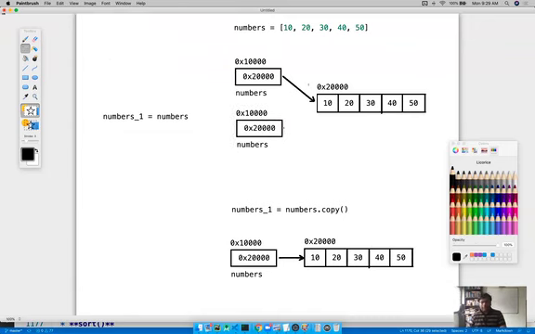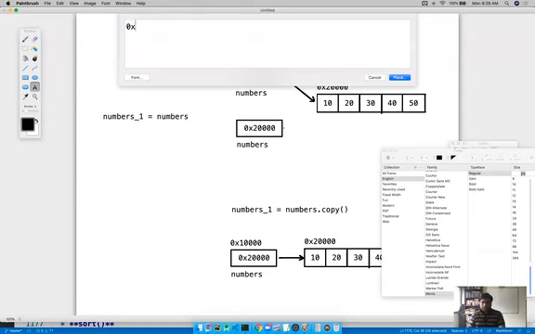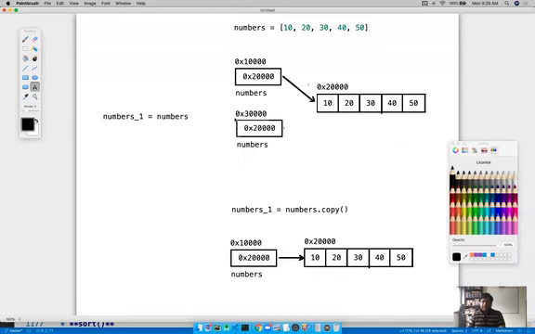If you create another reference for it, this memory will probably change, maybe I'll say something like 0x30,000, for example. But because it is simply an assignment, like what we have seen earlier with the function, it is still going to point to the existing memory location. So if I just say numbers1 equals numbers, it is still going to point to the existing